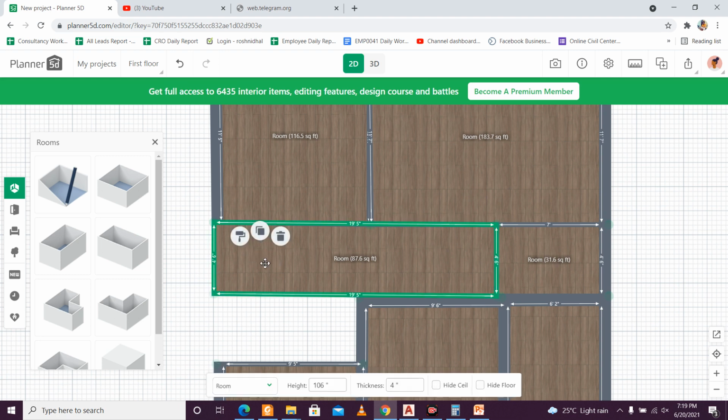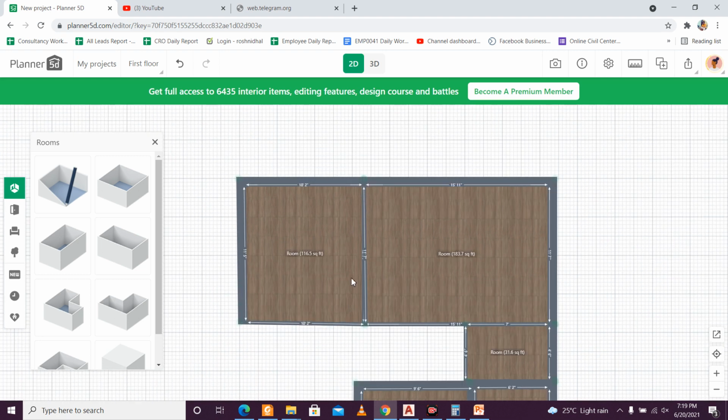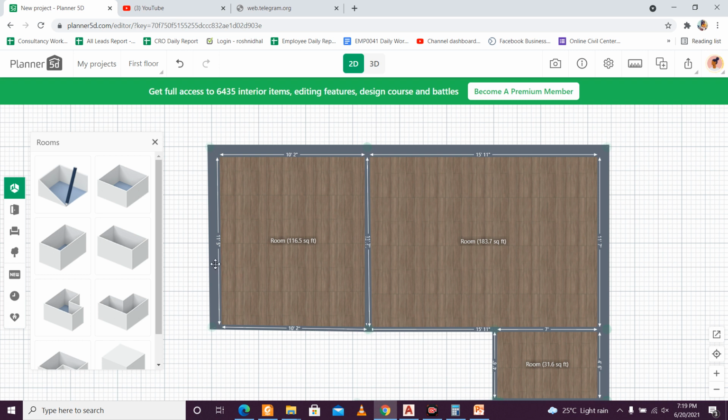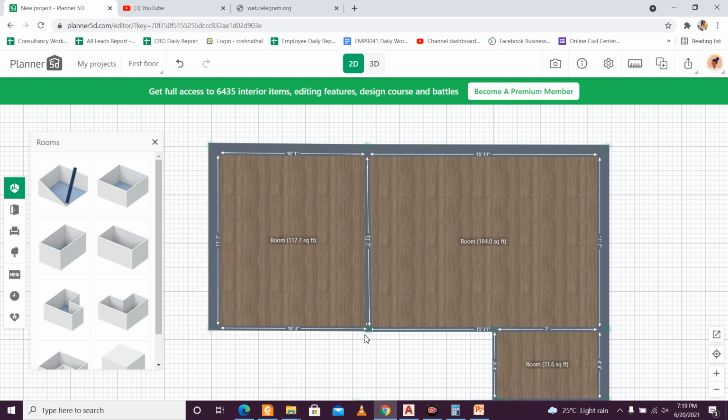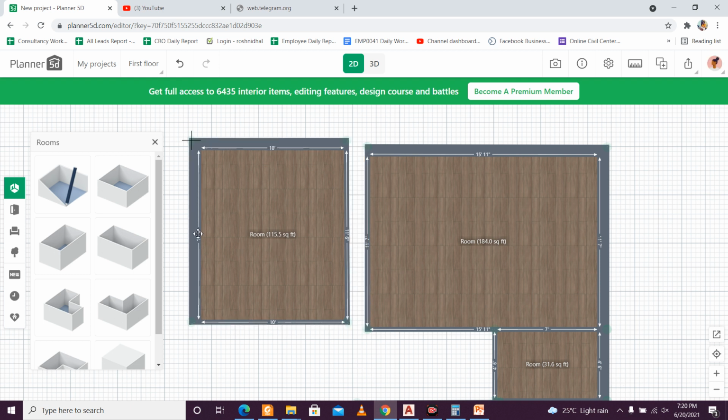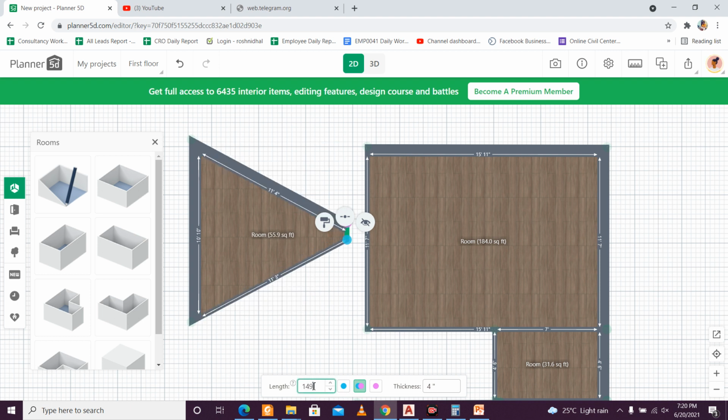else if it just doesn't fit well, just delete this and repair this first. If this is 11 feet 7 inch, it should also be 11 feet 7 inch. It is 149, it should also be 149 here, and this one, if it is 131, it should also be 131. Now we've separated this and this one, let's increase this by 1 feet, 149. This one also will do as 149.